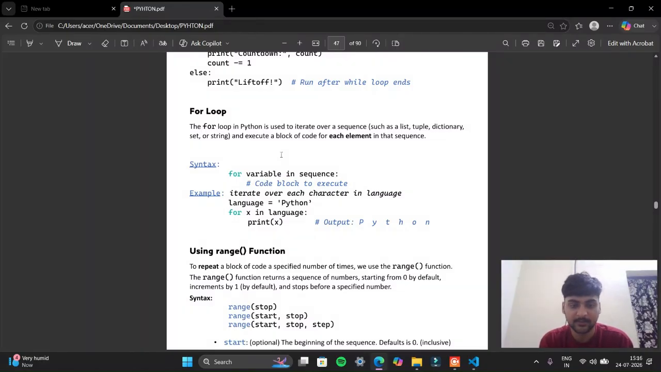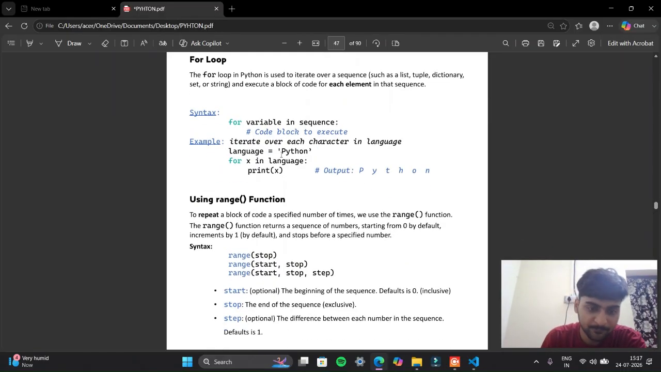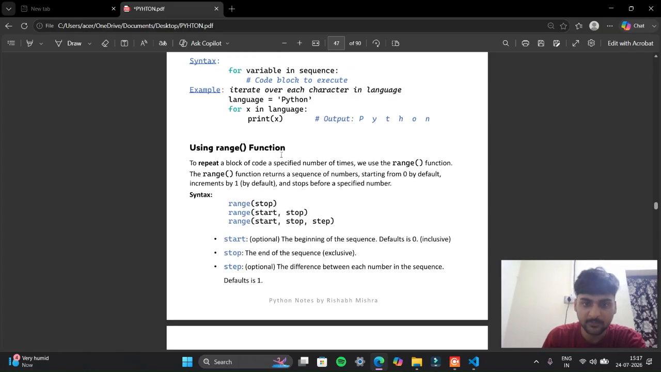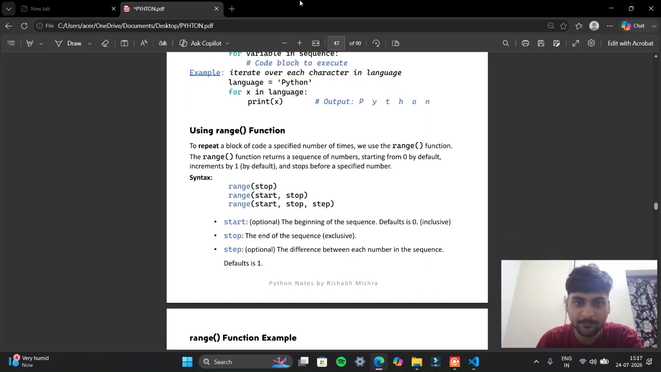So here the syntax is for variable in sequence. This is for and this variable, and then there is the example like language for x in language print x. So value will print python. This is correct, and now we will